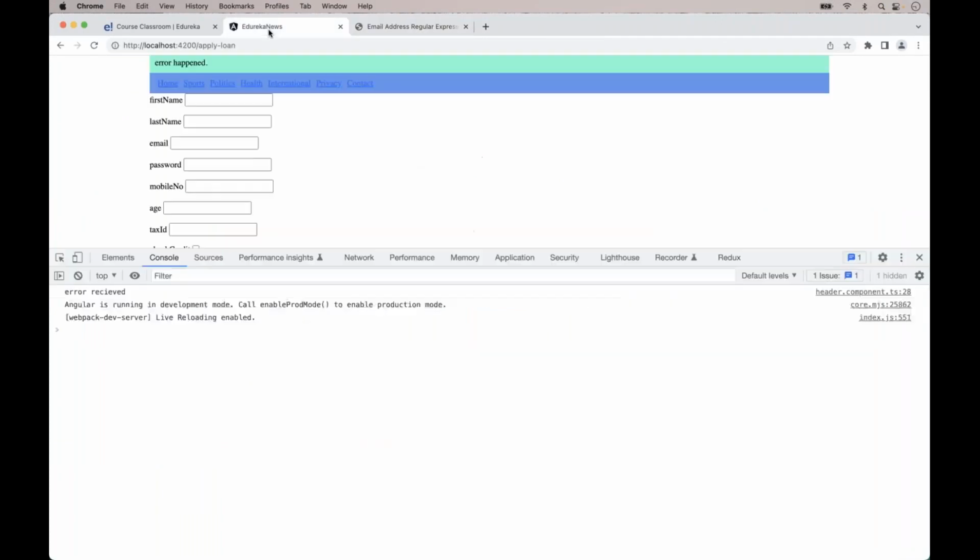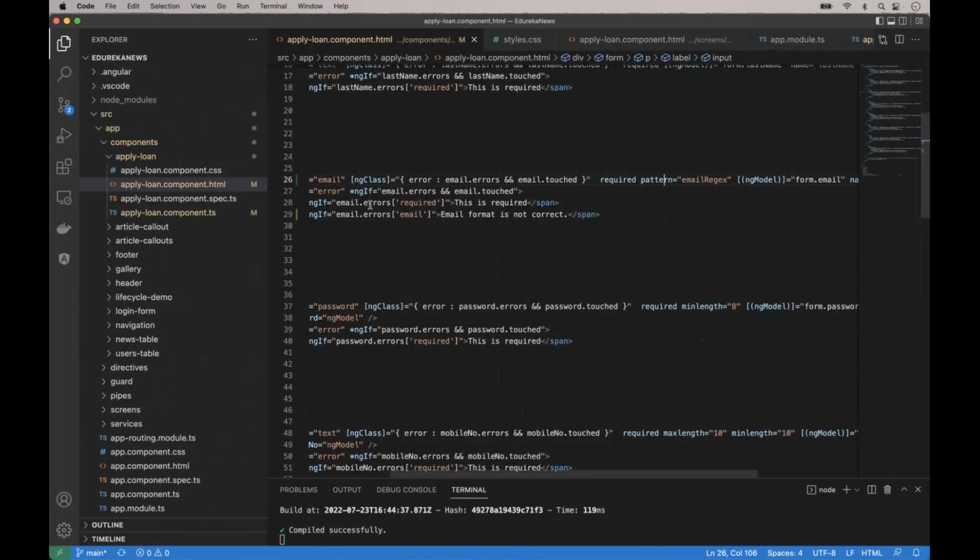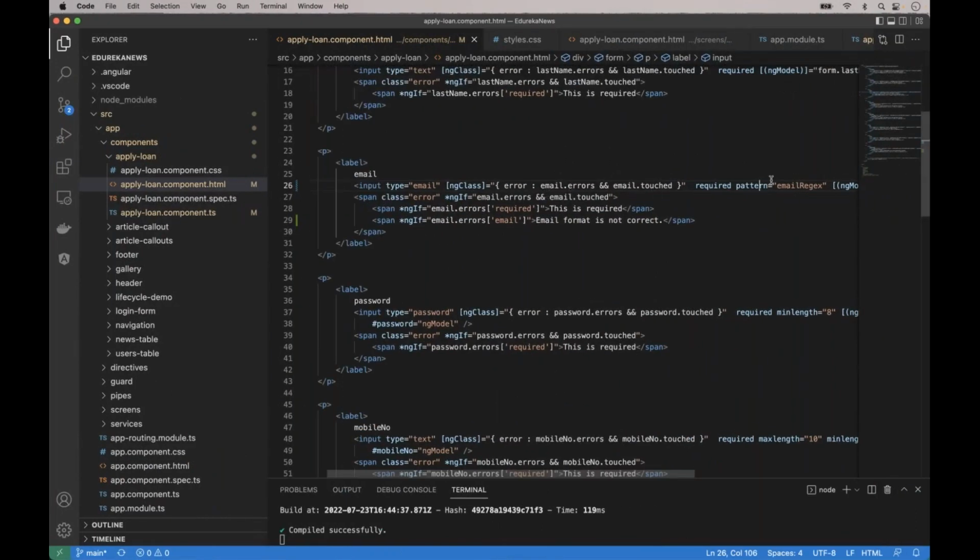Now let's go to the control and write abc@abc like this. Okay, and it shows error over here. The red border is shown when there is an error. Now I will write abc@abc.com, and it should not show the error. Okay, that's fine. I understand why it is shown, because